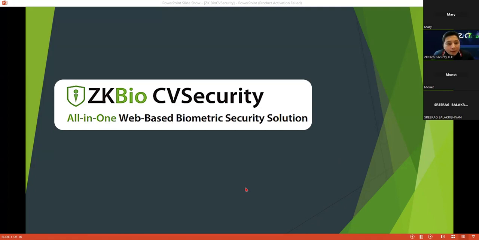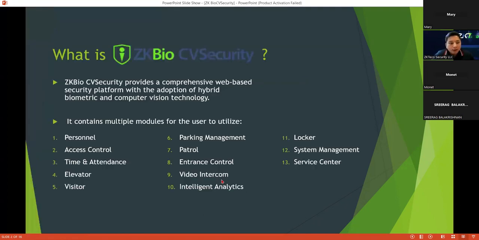So again, what is BioCV Security? ZK BioCV Security is a comprehensive web-based security platform with the adoption of hybrid biometric and computer vision technology. It is the access control software that we're using today with ZK Teco.